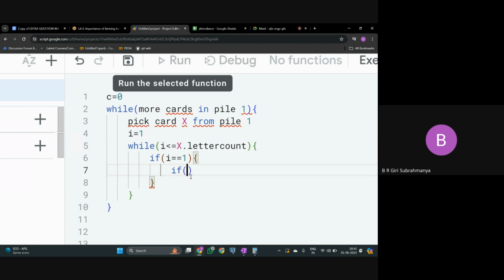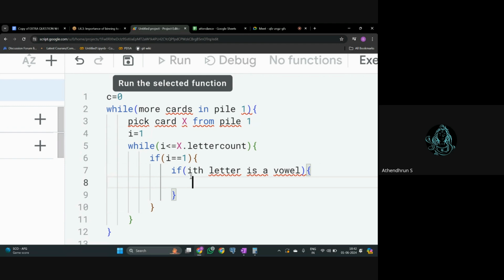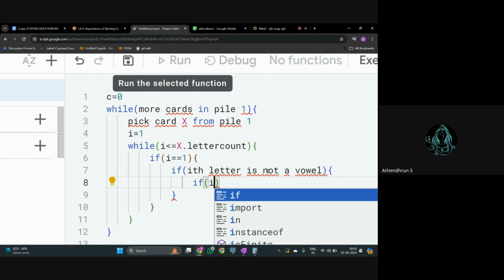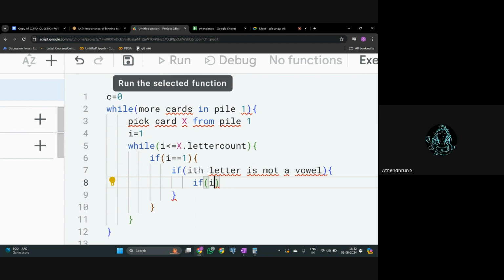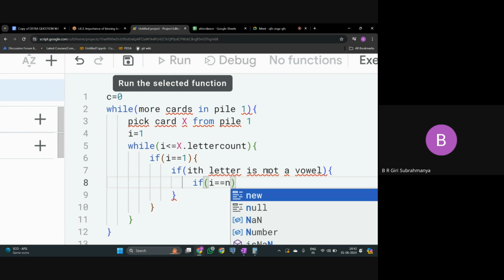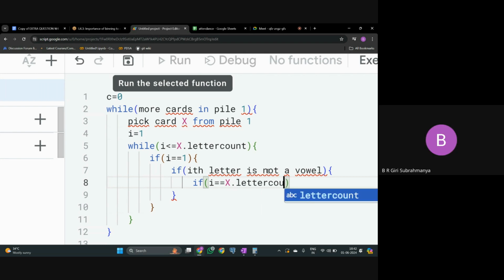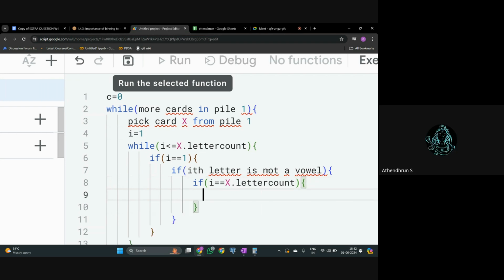Okay. If the ith letter is a vowel, then what will you do? No, sir. If the ith letter is not a vowel, then what will you do? Then again we have to go to another if statement inside this. Yes, sir. If I is equal to n, and if the ith letter is a vowel. So if I is equal to n, what is n? N is the total number of letters, that is the letter count, right? Yes, sir. If I is equal to letter count, then if the ith letter is a vowel,